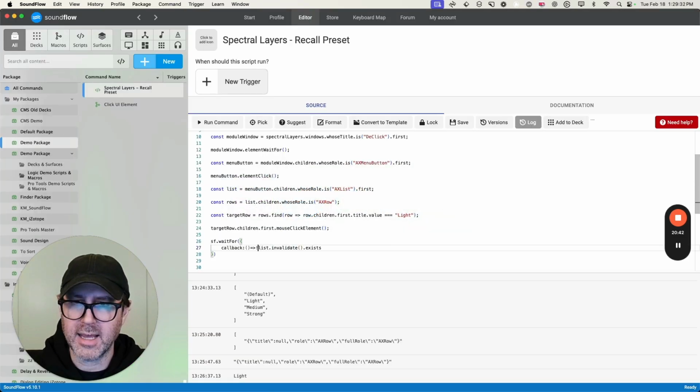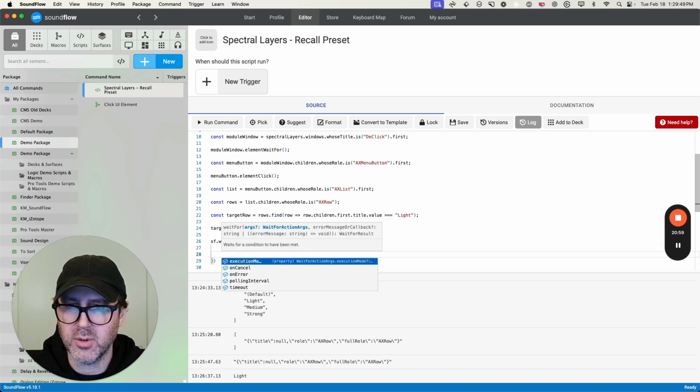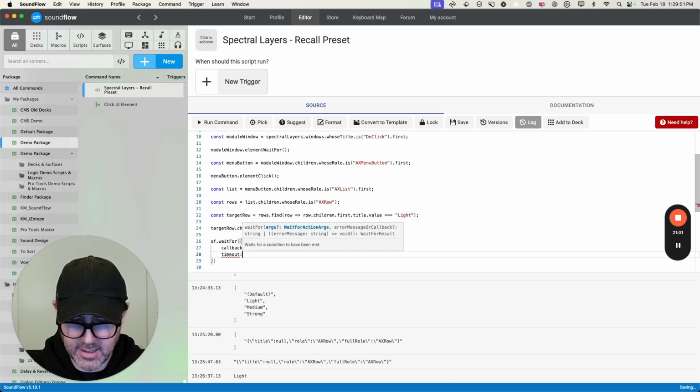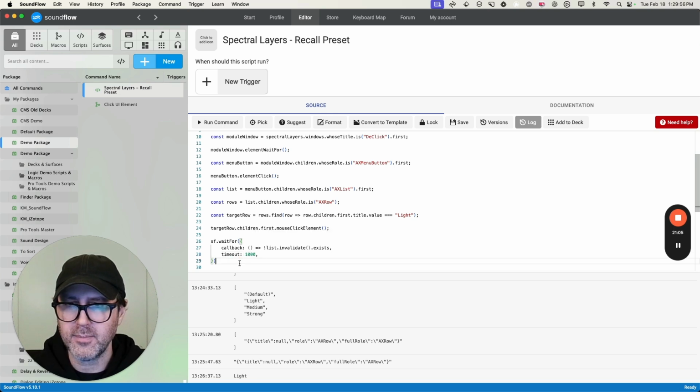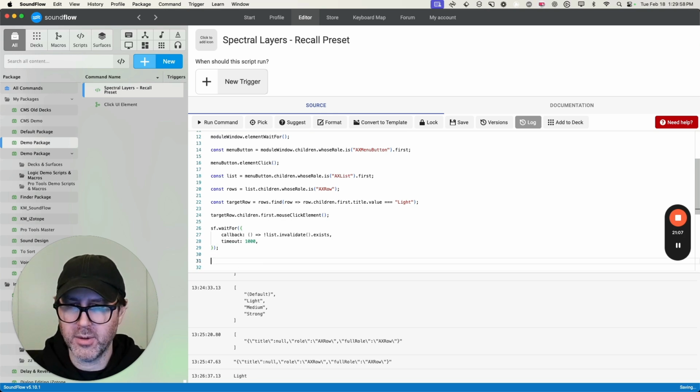So I'm going to put an exclamation mark, and what that does is make the result of this selected code the opposite of what the actual result is. So now I'm going to add a timeout here, and I'm just going to do 1000 milliseconds, which is 1 second. And then what we can do is go log, and we'll say